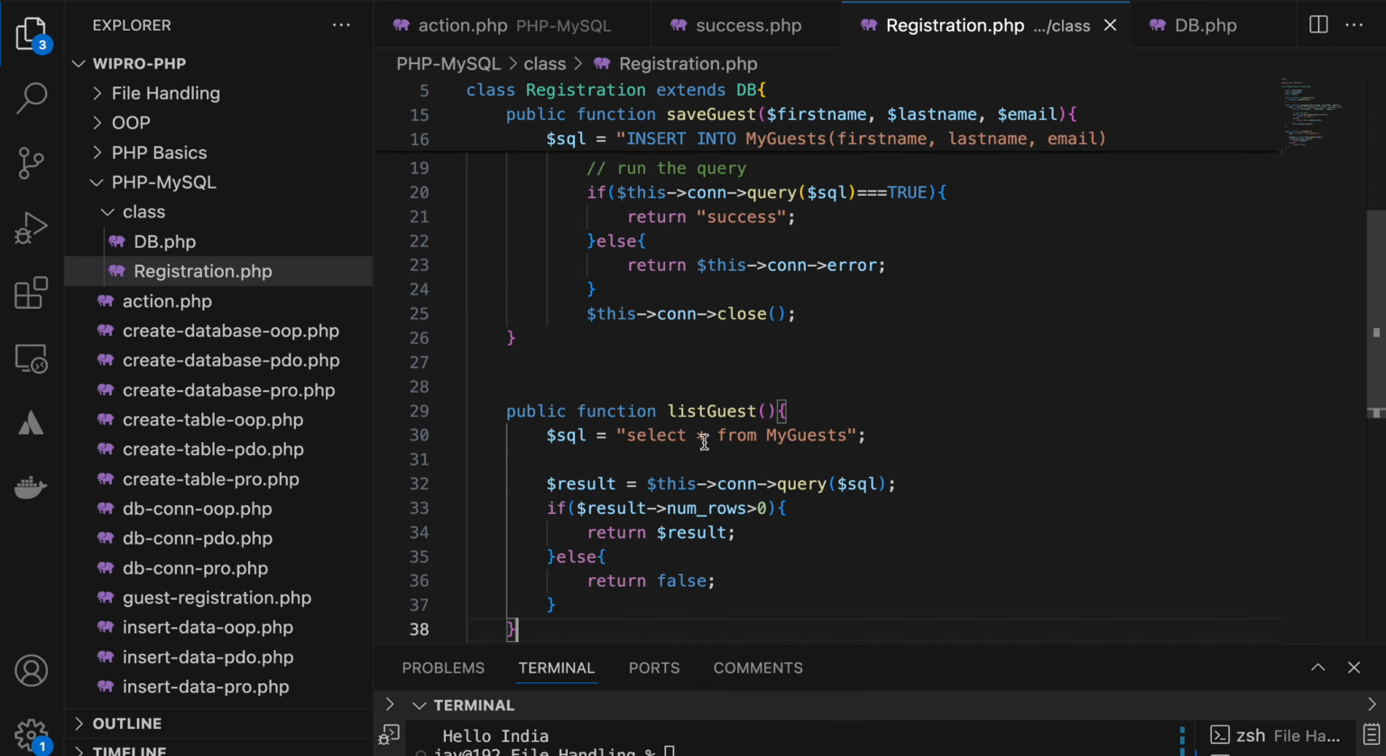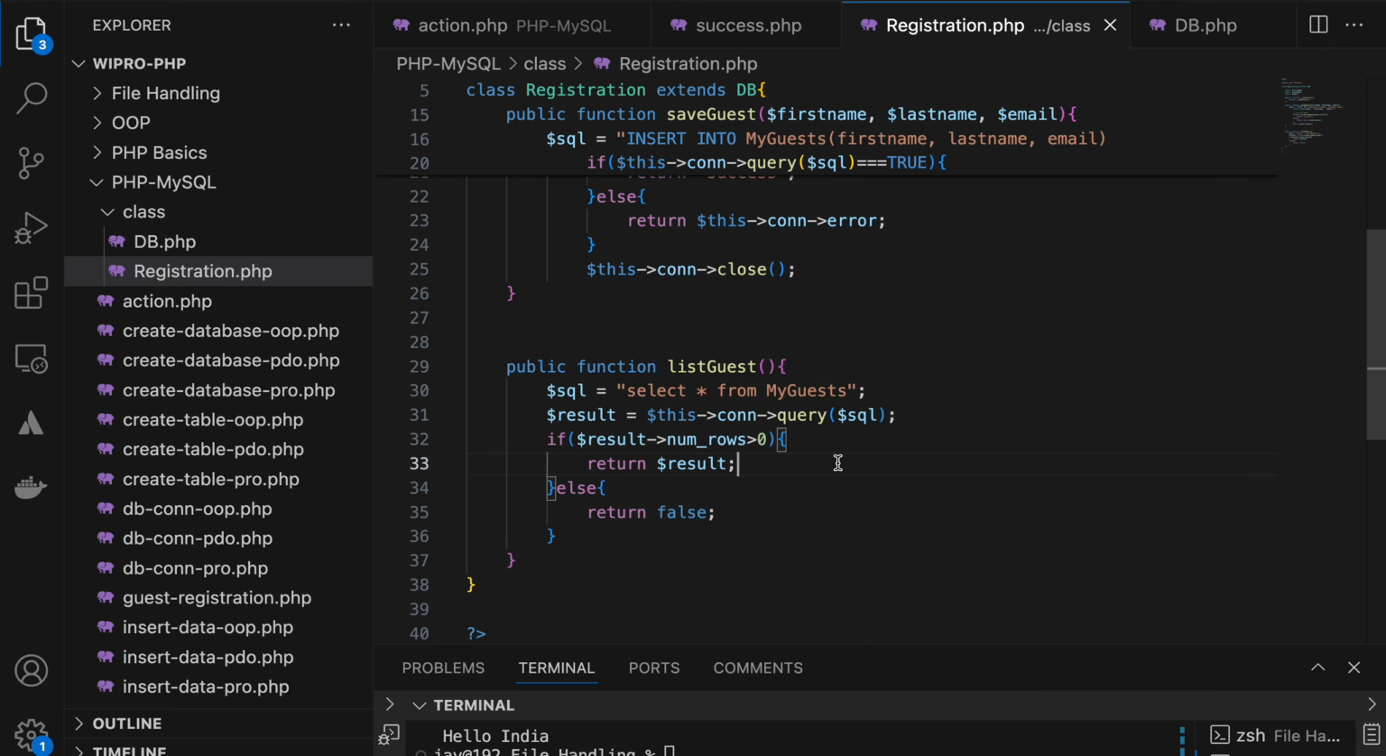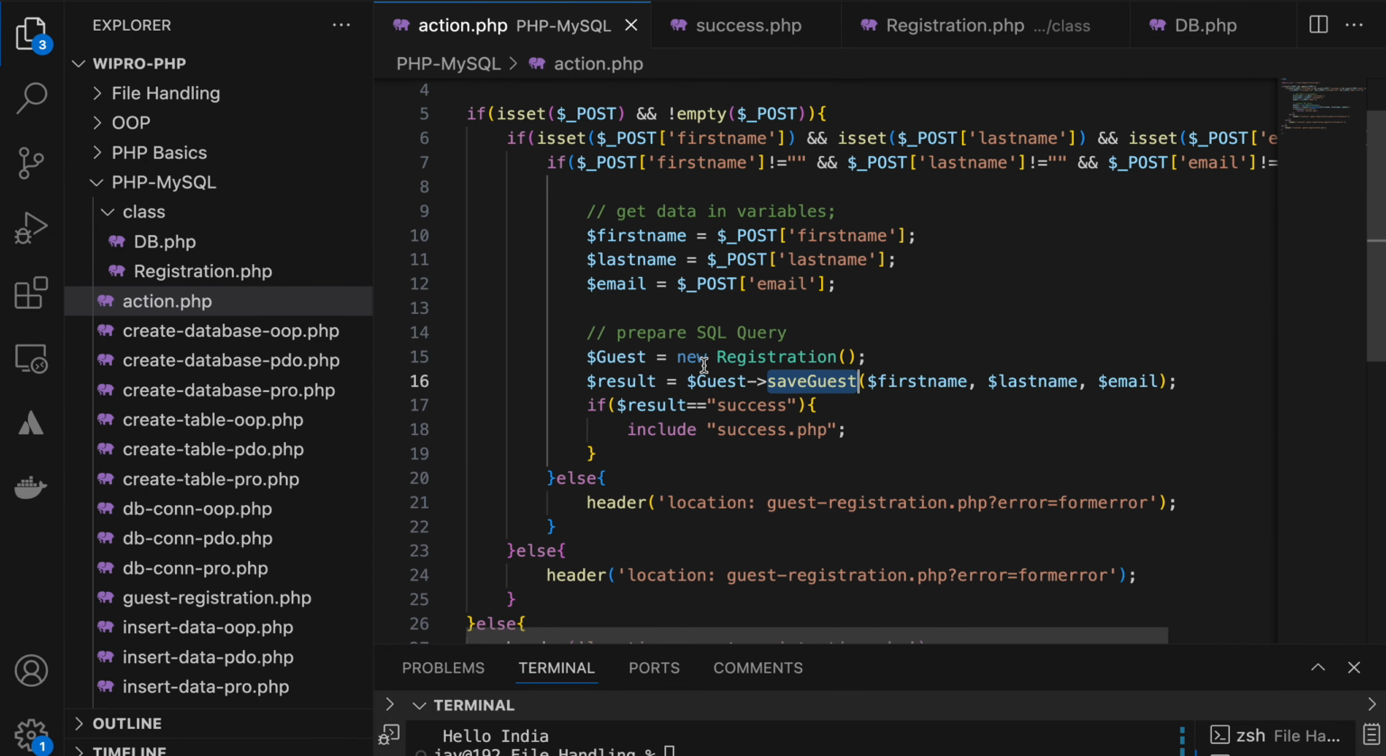Suppose I am looking for the list of my guests, I should do this one, na? This is the query I will execute, and whatever the result will come, it will store in the what? Result. If result and there is a method of this result, num rows greater than 0, return result, else return false. So if I am calling this from action,